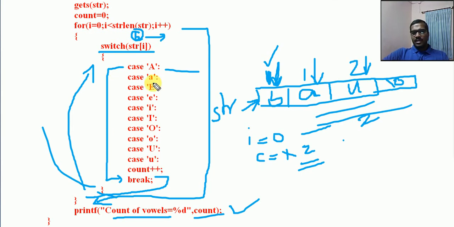If any one is true, opening brace, count plus plus. Okay, just close that if.